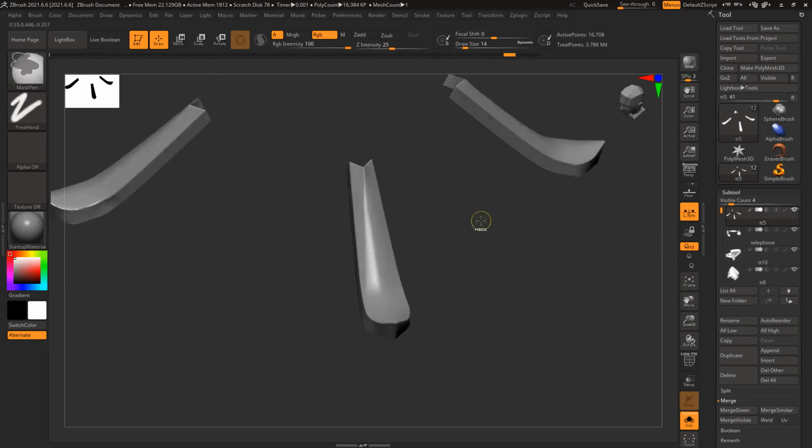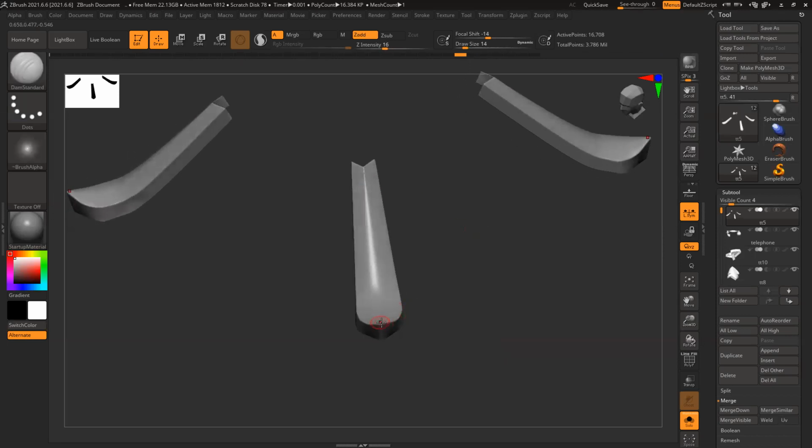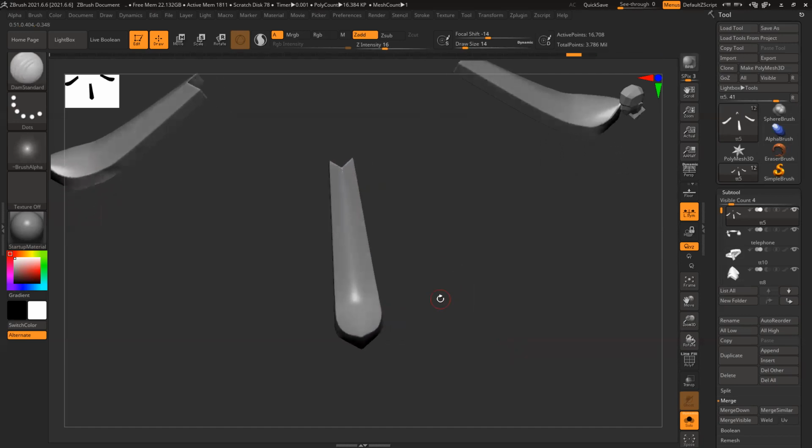That's very strange. I guess it's with symmetry, it doesn't work. That's very strange. I never faced this issue.